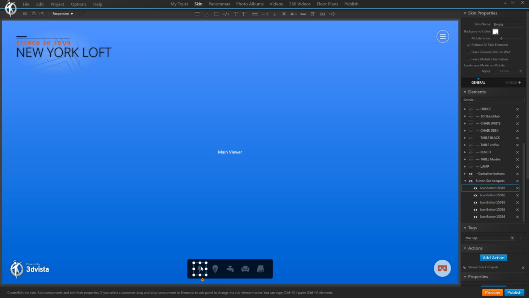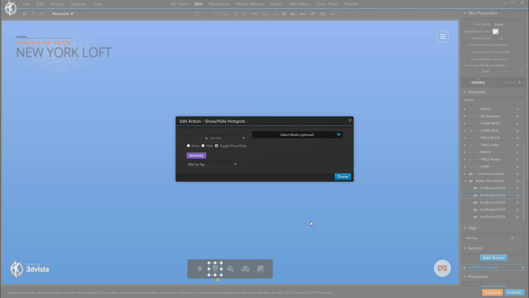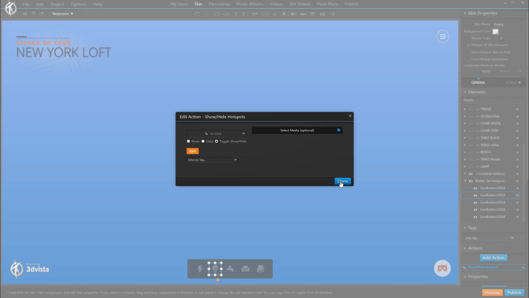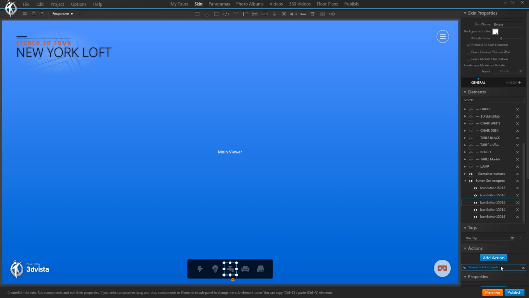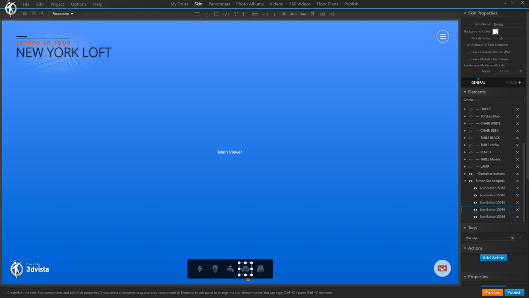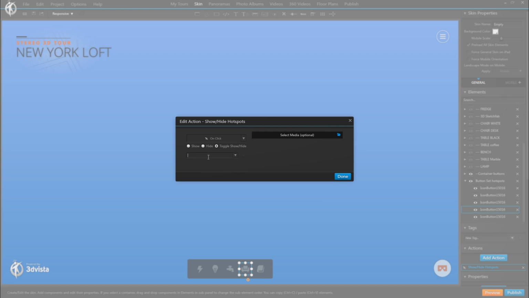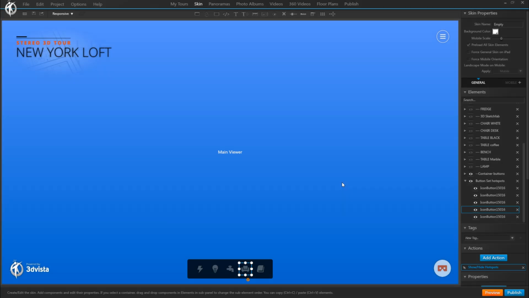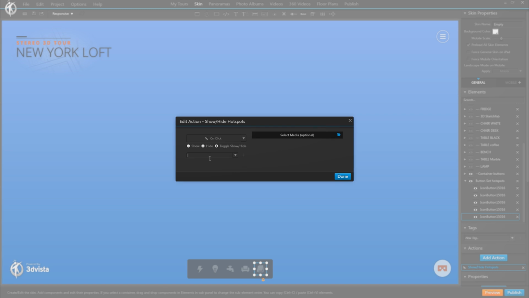To save time, we can just go ahead and copy. So select the action, Ctrl+C, and then paste it to the next button, Ctrl+V. And then I just delete the tag electricity and instead assign the tag light. And we're done already. So this definitely is a big time saver, as we can just apply it to tags and therefore to as many hotspots at once as are in a tag, instead of having to go hotspot by hotspot for, say, 200 or more hotspots in a tour.